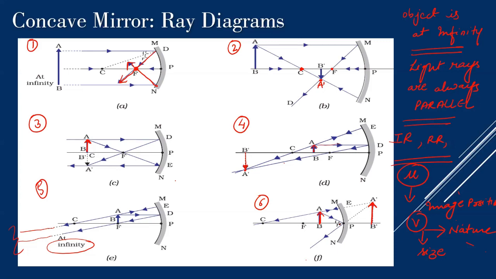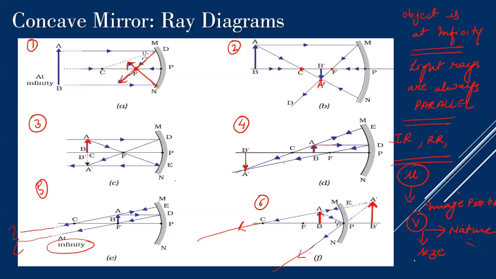Okay, but when are these rays meeting anywhere? Because both are divergent rays. This is going in this direction, this is going in this direction. So at no point are they going to meet in front of the mirror. That means this type of image which is going to be formed is a virtual image. So when I extend these rays, can you see these dotted lines? They are meeting at a point behind the mirror. So now this point becomes my image point. Okay, so as the image is formed behind the mirror, we are able to see that image.